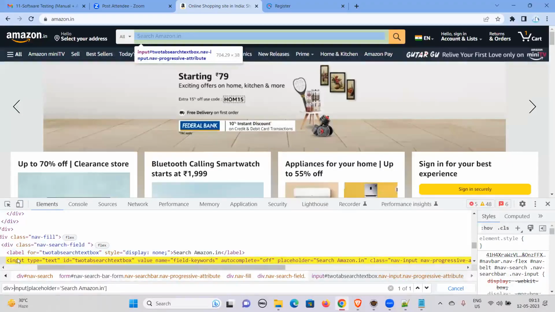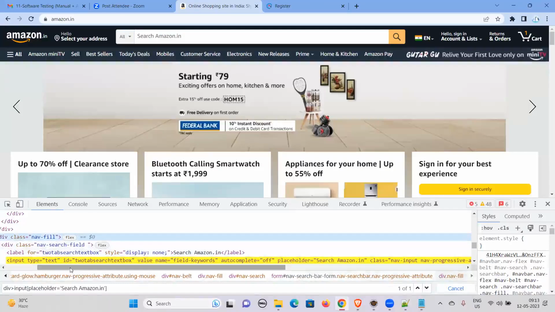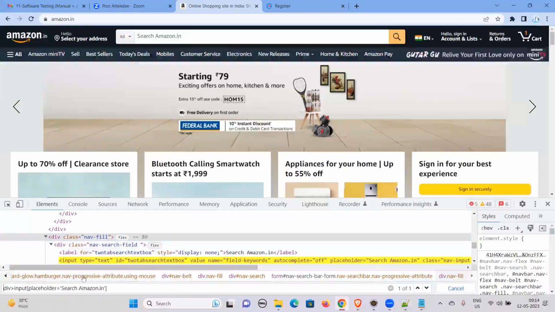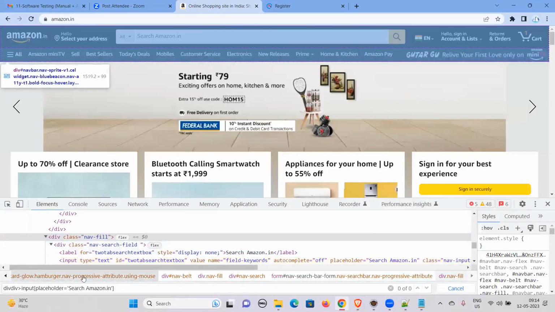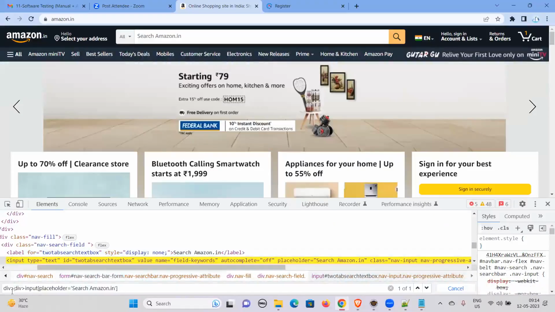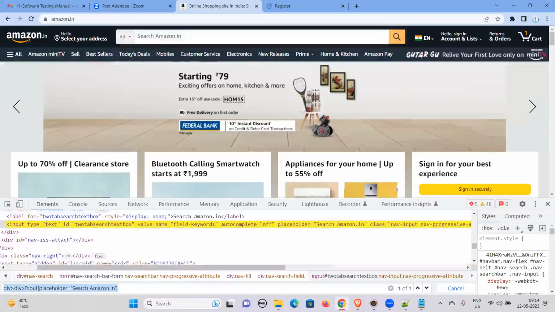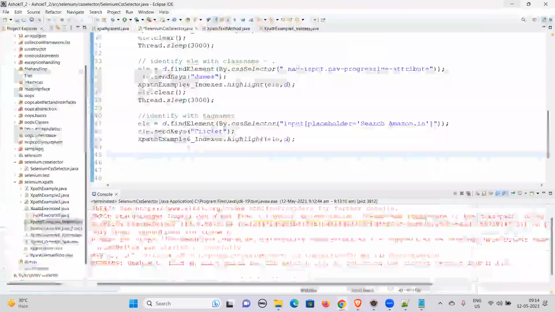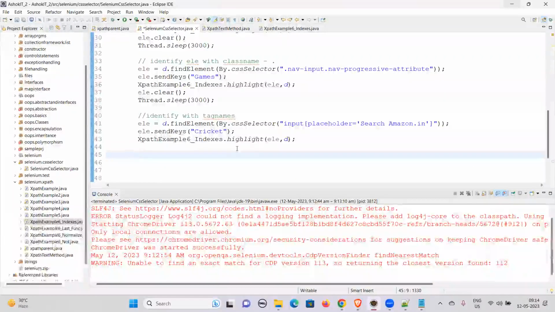Okay, so the greater than symbol that we are going to use. For example, if you have another, from here you want to come, this is nothing but what we can call a chain declaration. So from div inside div, in that div we have an input. Okay, for example, if you want to find out something, I'll tell you about this. What are the other things that we can use when we are trying to identify the indirect child elements also. Okay, so identify